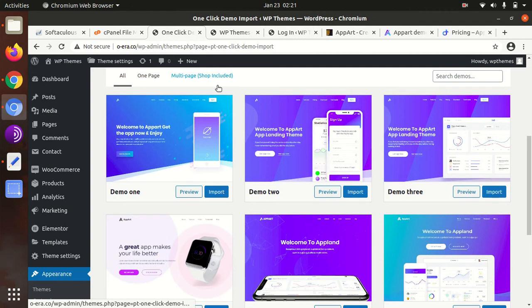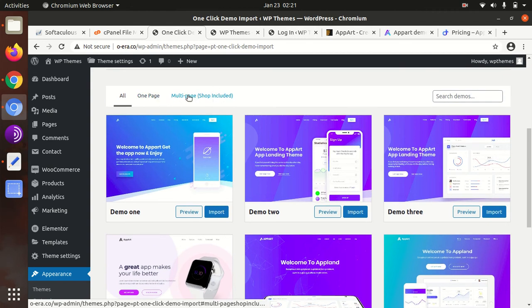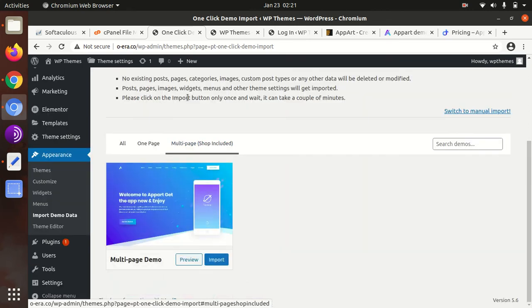One page and multiple page is filtered here, and since we have also installed WooCommerce, we can choose this multiple demo